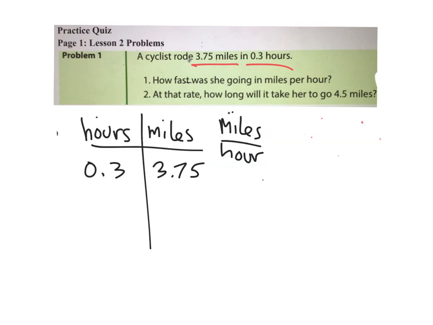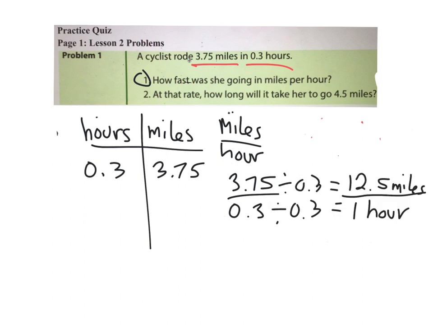Okay, so now we have our table, and we're going to want to figure out, for number 1, how fast was she going in miles per hour? So you're going to divide your miles by your hours. So you set it up like this, and miles per hour means in 1 hour, so that's the unit rate, so divide by the denominator. So for question 1, they were going 12.5 miles per hour,